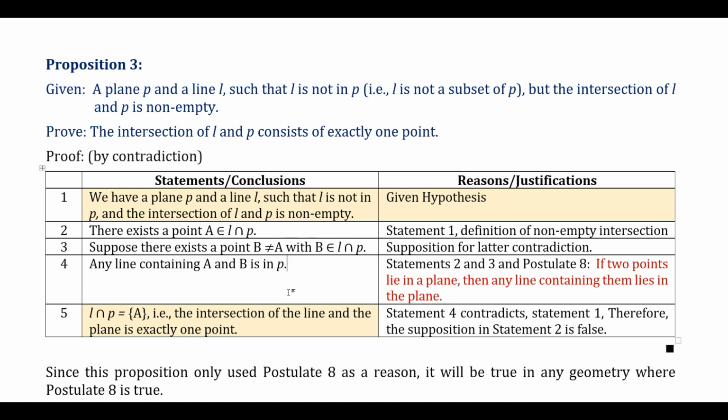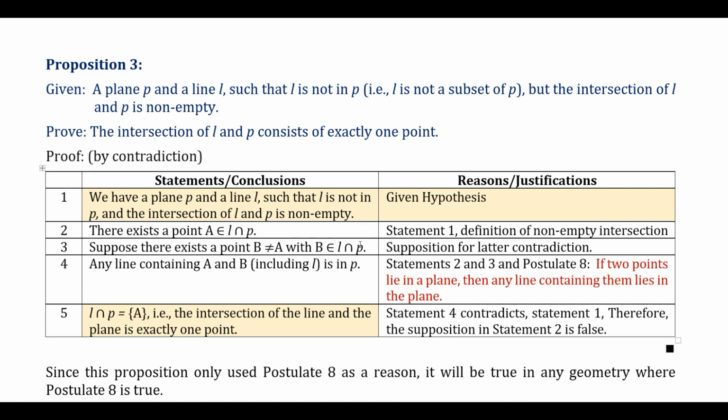Okay. But wait a minute, that means, what do we got? So now we've got our contradiction. Statement 4 contradicts statement 1. That's the reason for our last step. Look at what we've got. Statement 1 says L is not in P, and statement 4 says any line containing A and B, including L, is in P. And we'll just put that for emphasis. Okay,